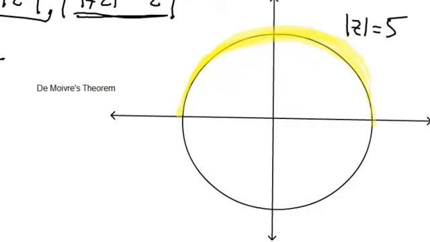So in any case, if you do know de Moivre's theorem, you know that when you multiply numbers that have absolute value 5, if you square such a number, the new number you get is going to have absolute value 25. Also, when you square it, the angle that it makes with the x-axis is going to double. So if you gave me a complex number somewhere on that circle of absolute value 5, and it happened to make some angle theta with the x-axis,